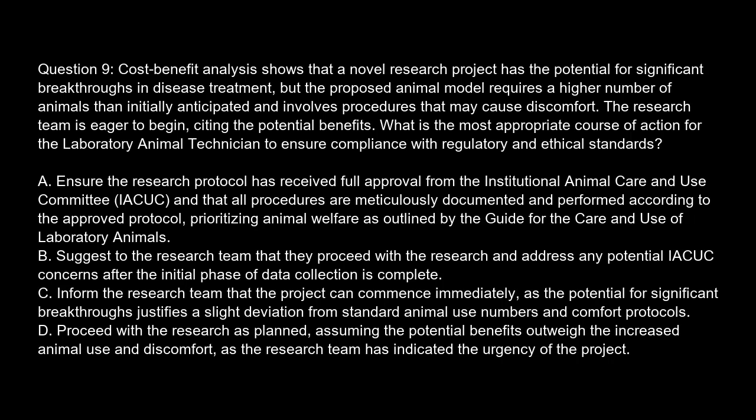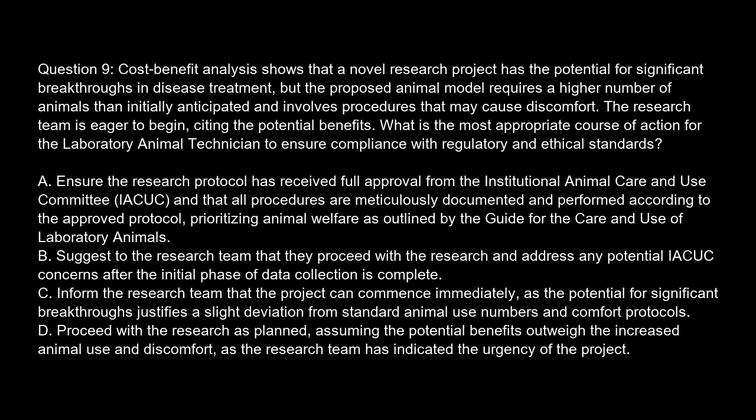Question 9. Cost-benefit analysis shows that a novel research project has the potential for significant breakthroughs in disease treatment, but the proposed animal model requires a higher number of animals than initially anticipated and involves procedures that may cause discomfort. The research team is eager to begin, citing the potential benefits. What is the most appropriate course of action for the laboratory animal technician to ensure compliance with regulatory and ethical